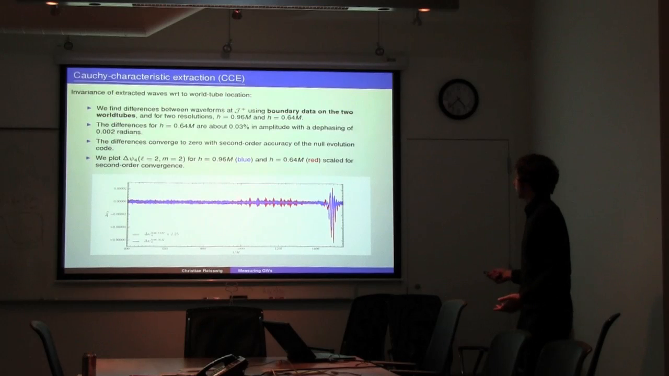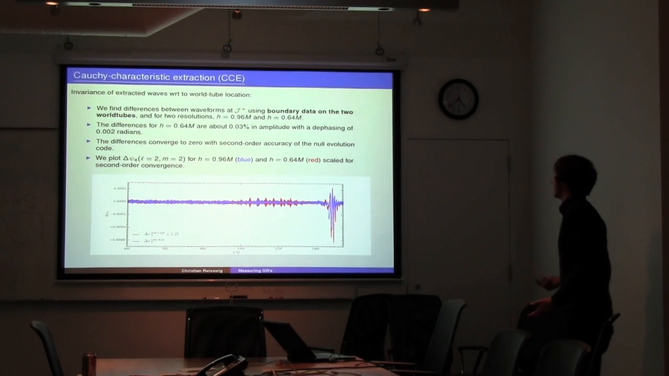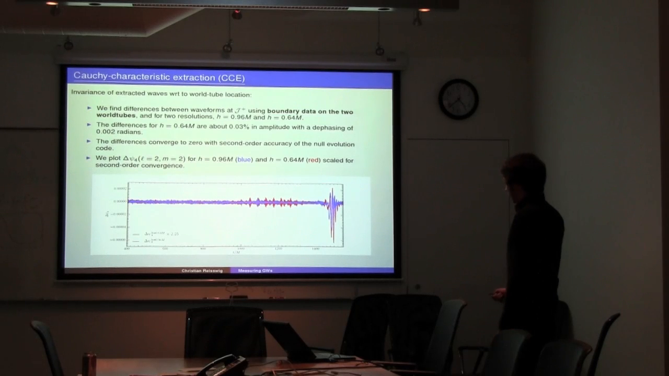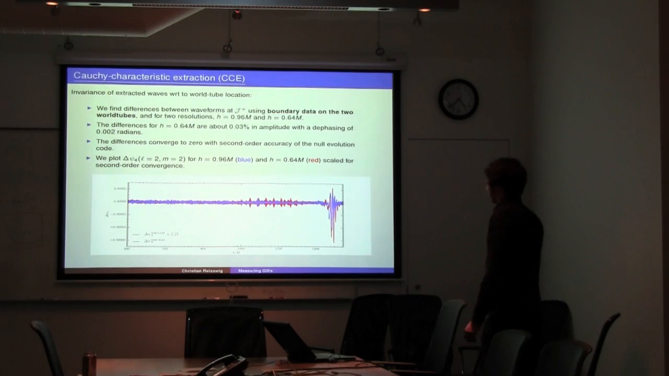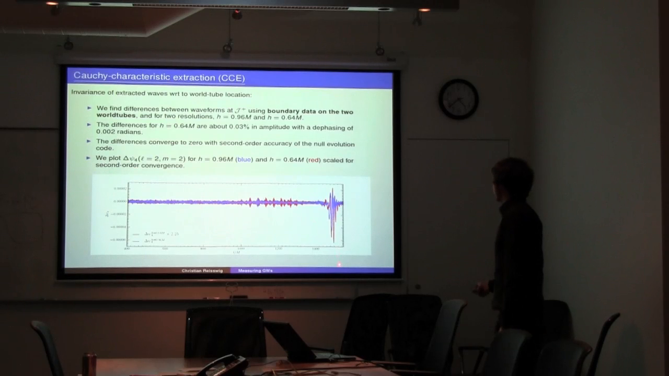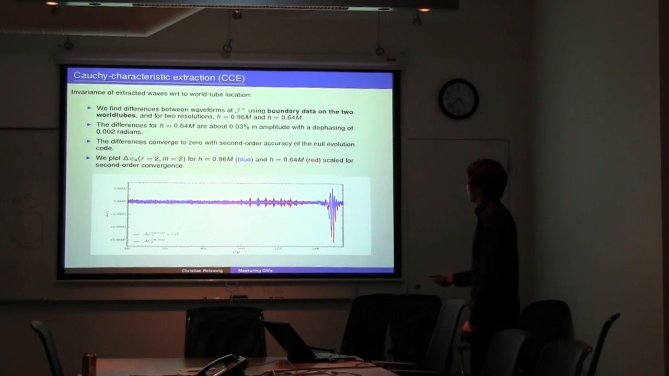And that's in fact what we see here. So the red curve is the final resolution run, and this is scaled for second order convergence. Here are some spurious spikes, but I think they reduce to first order if you just rescale it for first order. Anyway, during merger, it mostly looks like second order, and most of the time it looks